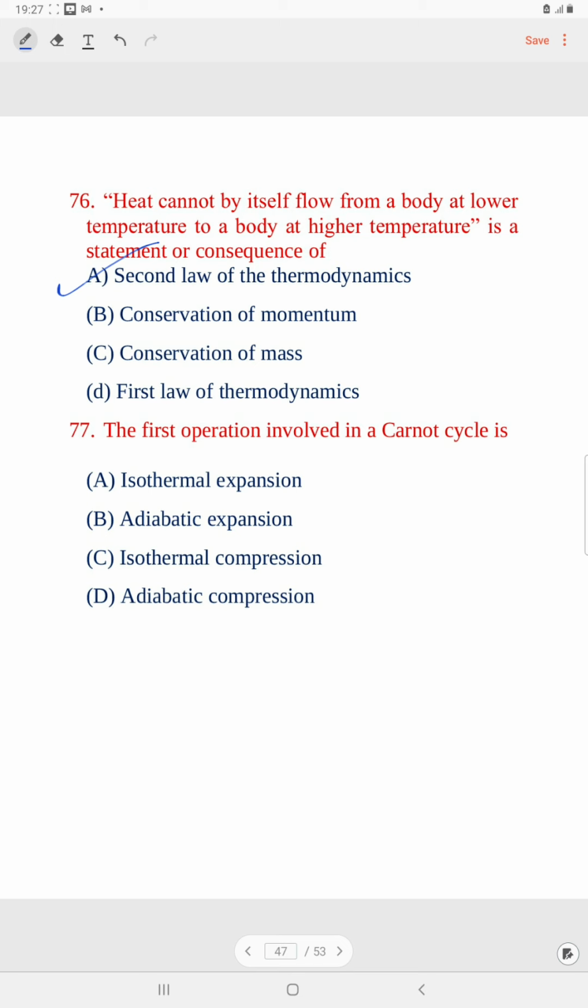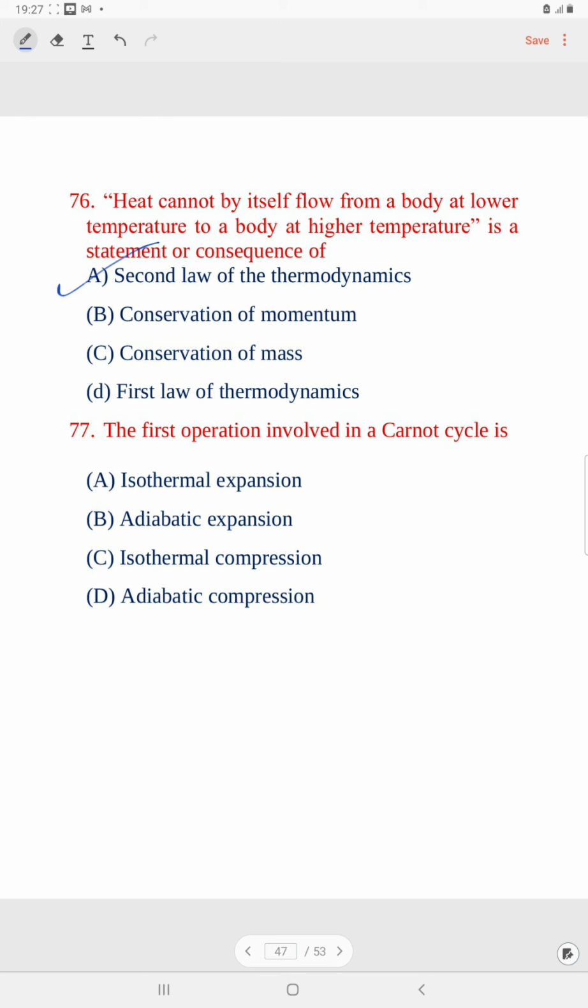That is option A. That is the statement. Actually, there are two statements in the second law of thermodynamics. One of the statements is that it is not possible to make heat flow from a body at lower temperature to a body at higher temperature. That's one of the statements. It's not the total statement of the second law, students. One statement is based on the efficiency of the engine. The second statement is based on this one. So that is option A.